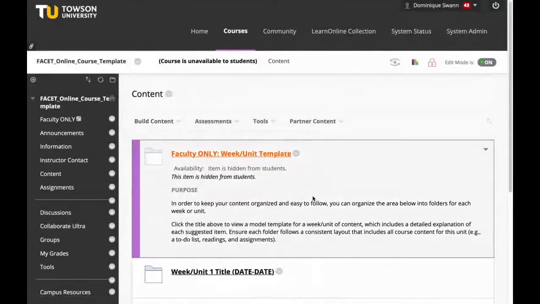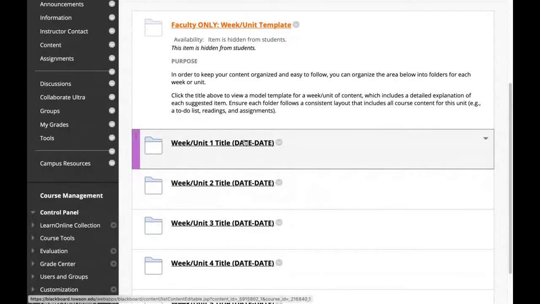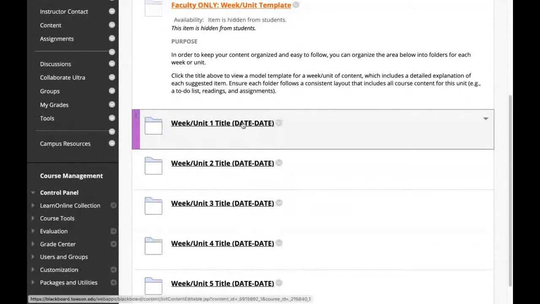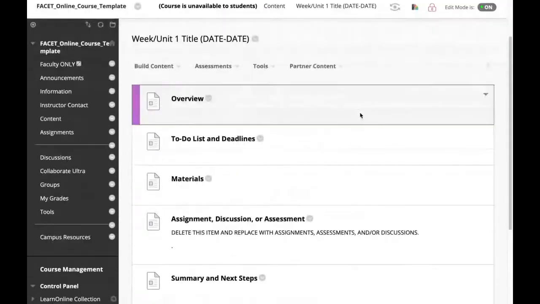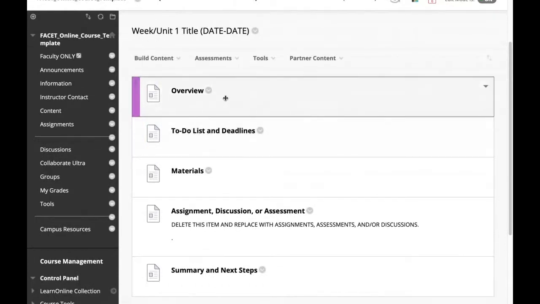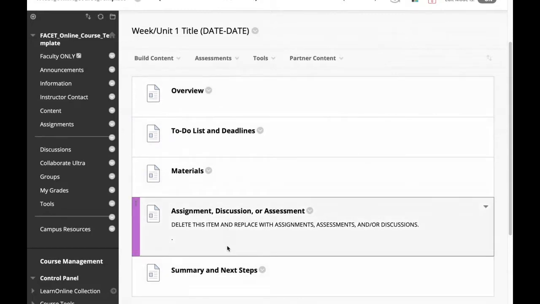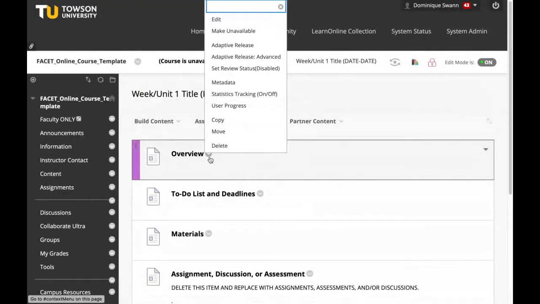All right. So we're back here, okay? And I wanted to at least alert you to these folders here. So the great thing about this template is that we were able to pre-populate those elements that I just talked about in each individual folder. So as you see, everything that we recommended is going to be right in here for you. So you don't have to waste any time with thinking about, okay, what are the sections that I want to put here? How can I structure this? It's already built in, so you can literally customize this as you see fit by clicking this gray arrow here,